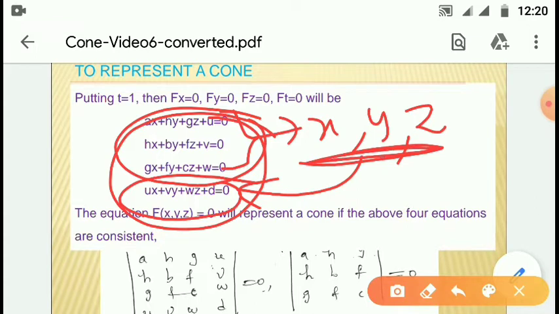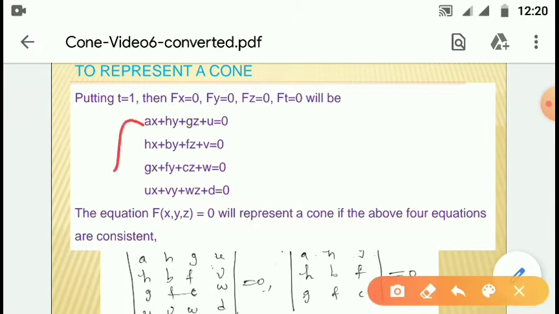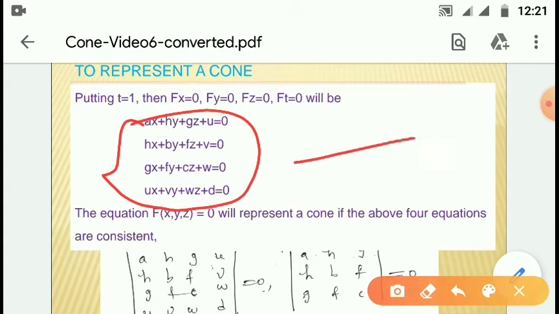Therefore all these 4 equations have a unique solution, and that means the system of equations is consistent,